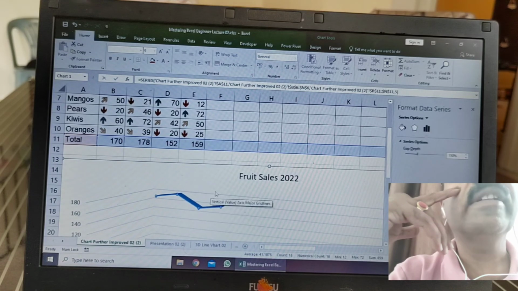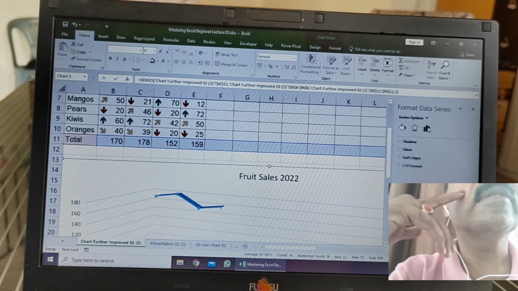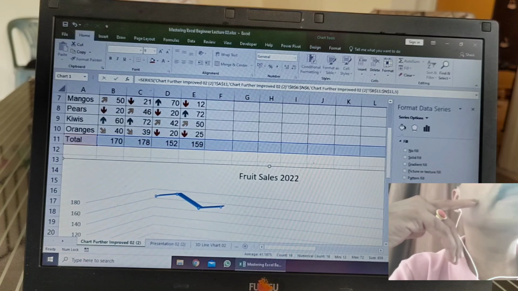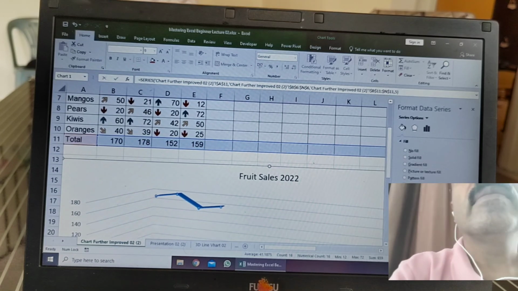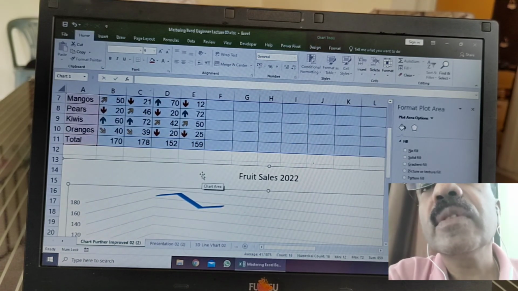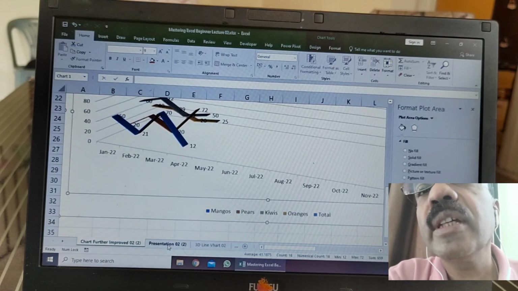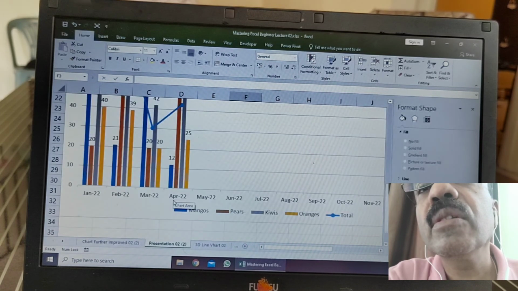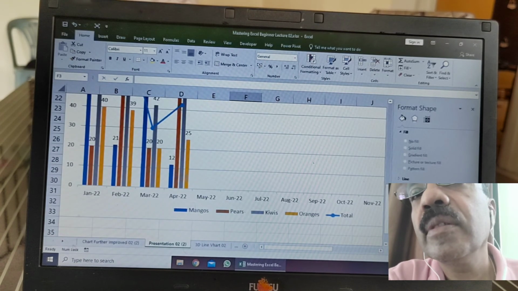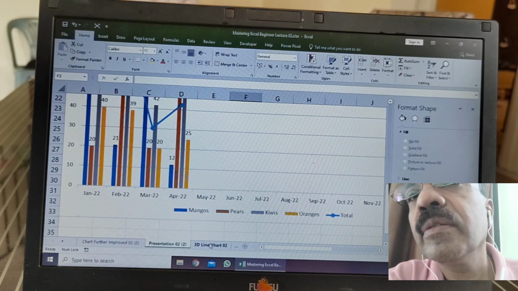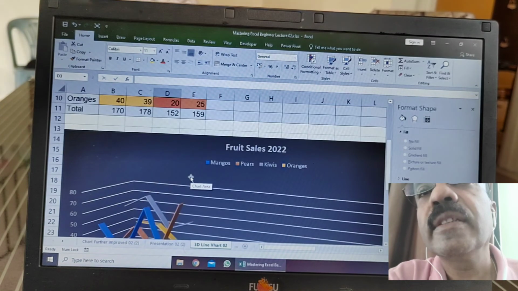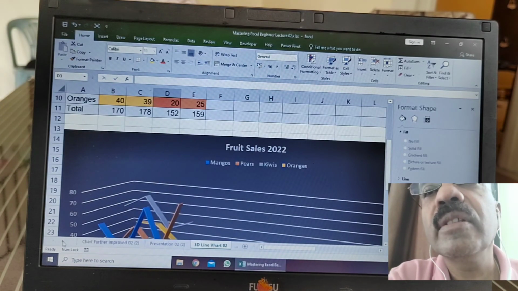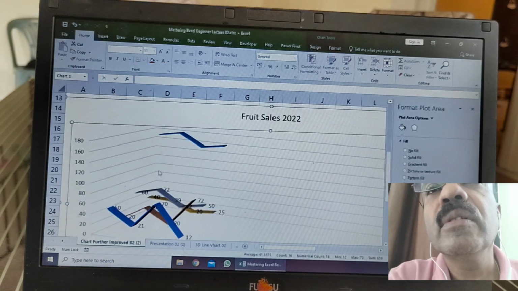Format data series. It's gone. Okay, the previous version, I think I didn't use the total inside here. Yes, I didn't use the total here, so we can just